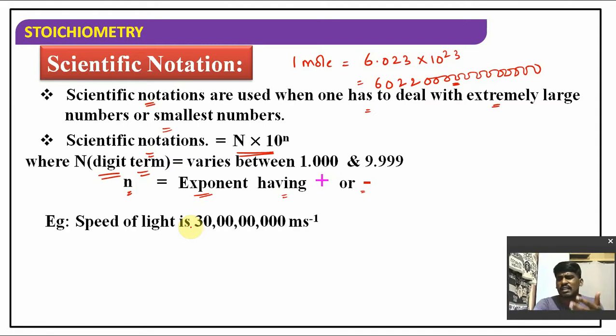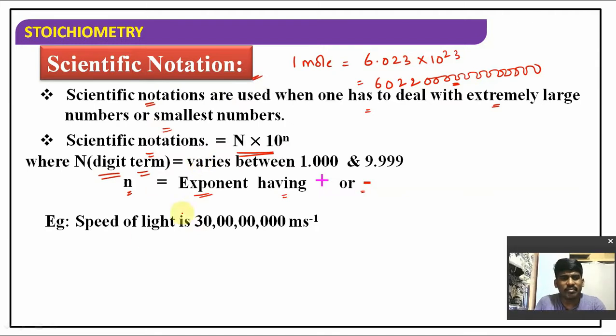But suppose if you see, there are so many other values like the speed of light, Planck's constant. All these we are going to operate with. Charges on the particles, that may be on the electron, the proton, or the neutron. Anyway, the neutron's charge will be equal to 0, but there is a value of charge on the electron or the proton. All these values are extremely small numbers. So while you are handling them, we require scientific notation, guys.